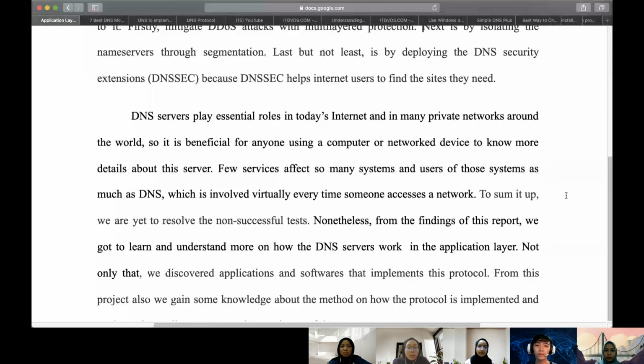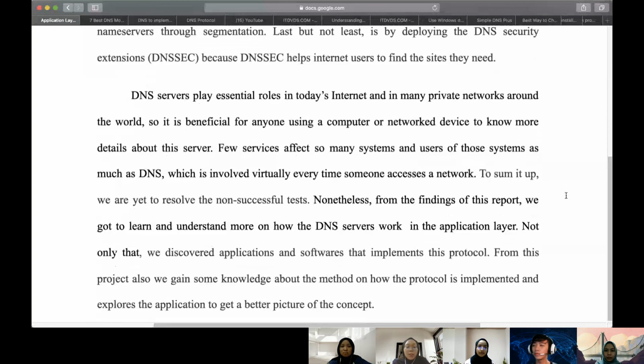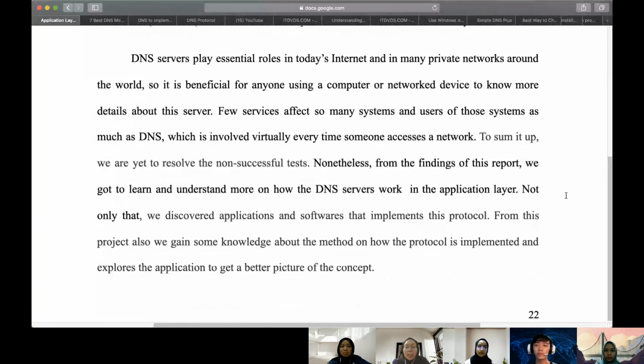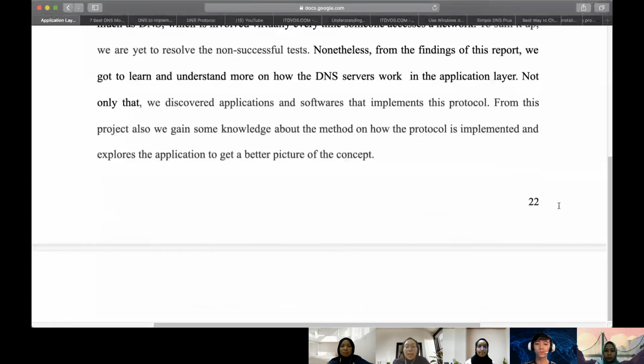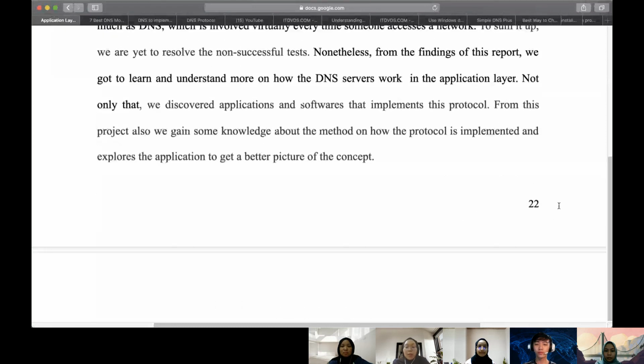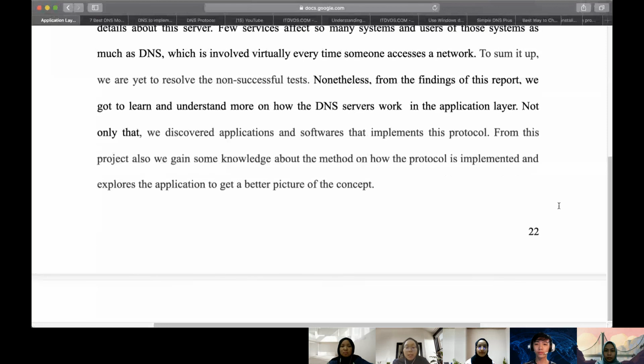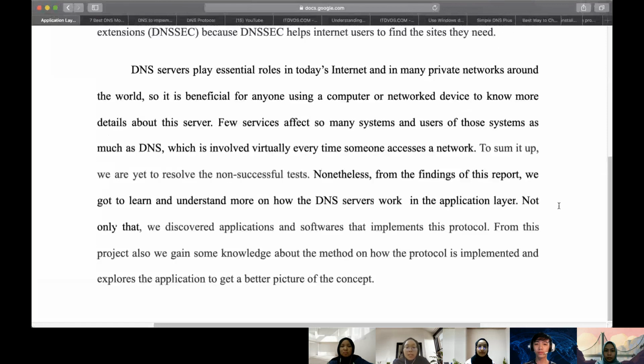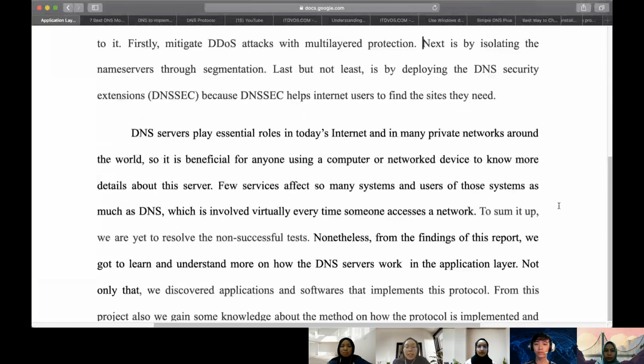Next is isolating the name server through segmentation. We need to choose a DNS provider that organizes the DNS network into segments, each with a name server announcement shared by only a small group of customers. With fewer customers sharing host names and IP addresses, the user will face drastically lower odds of feeling a ripple effect. This approach enables an individual name server announcement to move from the DNS network to the DDoS mitigation network without significantly delaying query resolutions. So last but not least is deploying the DNS security extension